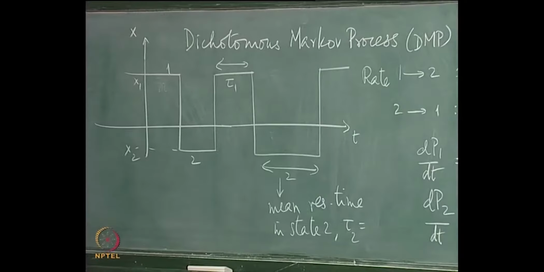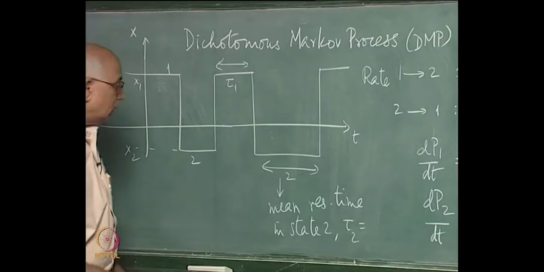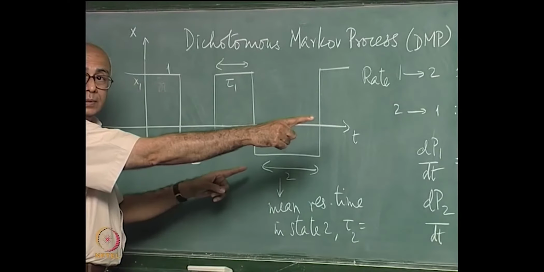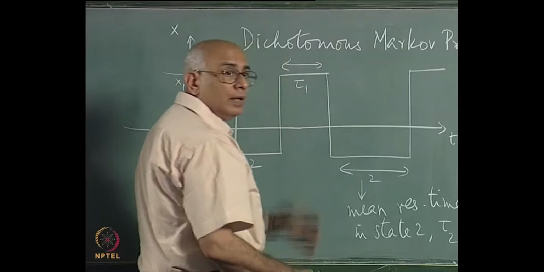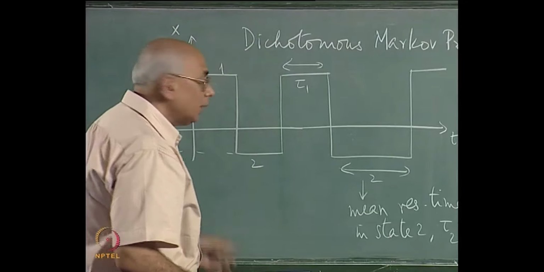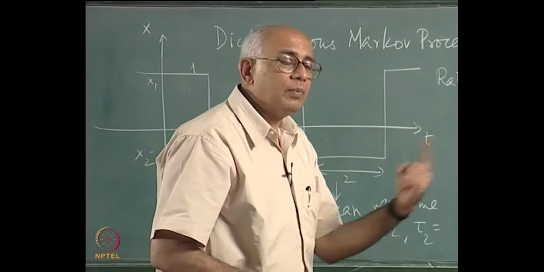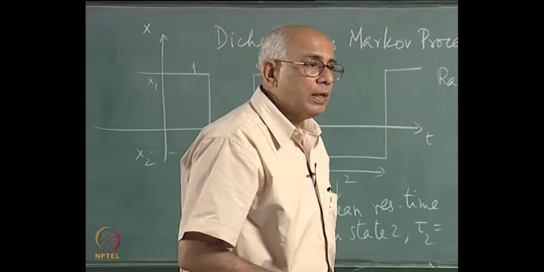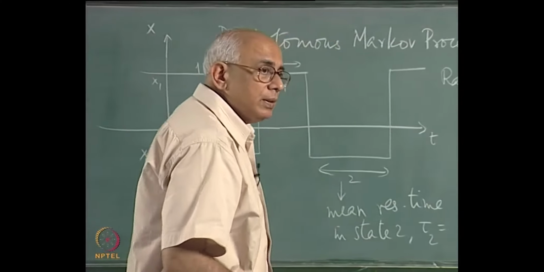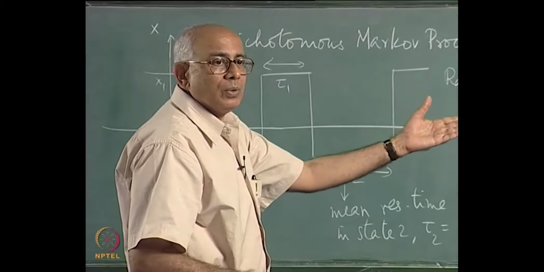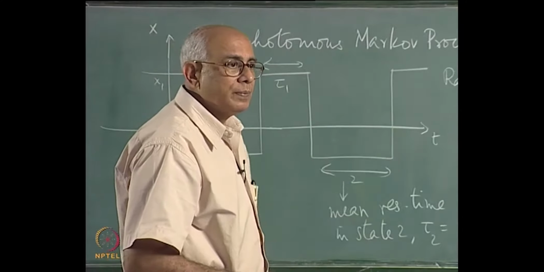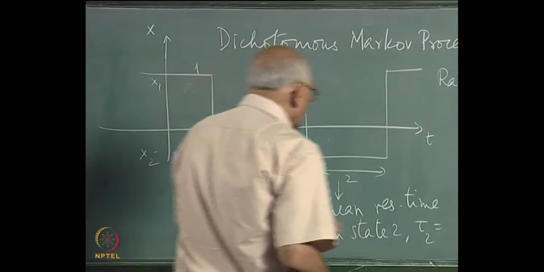What would this be? Well, it is clear the faster it gets out of that state, the less the residence time in that state. And if it goes on for a very long time, then what you could do is add up all these intervals and divide by the total time and take the limit in which the total time elapsed goes to infinity, and similarly for state 1. This would give you the fraction of time that the system spends in either state 1 or state 2 over a long interval of time. That would be in fact directly proportional to your equilibrium distribution. So what is tau 2 going to be?